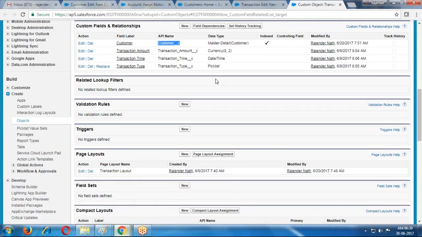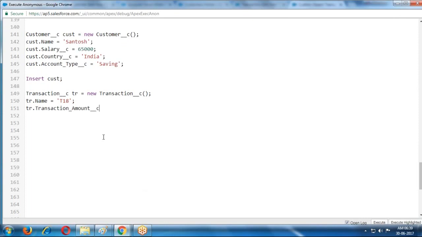What are the fields? Transaction amount, 25,000 or 24,000.